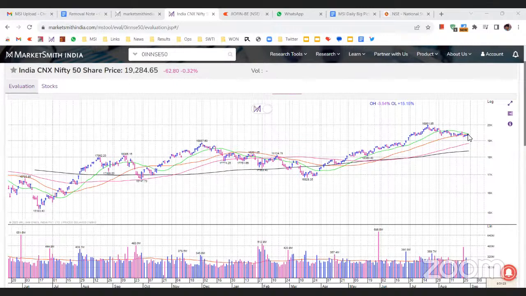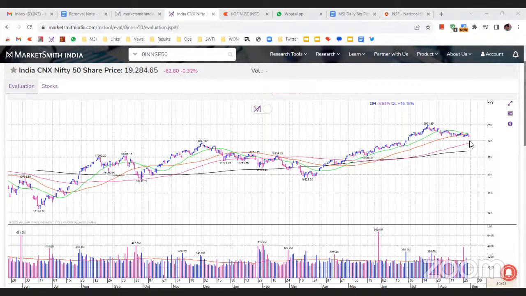On the upside, this 50 DMA is acting as some kind of resistance for the market. So going forward, for the next couple of sessions, if the Nifty finds good momentum, and also there is a Nifty Geo Financial Services has also been acting as a very volatile stock for the indices. Starting from tomorrow, it will be removed from Sensex, but talking about Nifty, there is no clear path when it will be removed from the Nifty. But once that is removed, then we'll see. We'll have a clear idea how the market is placed and how the market is going to play out.